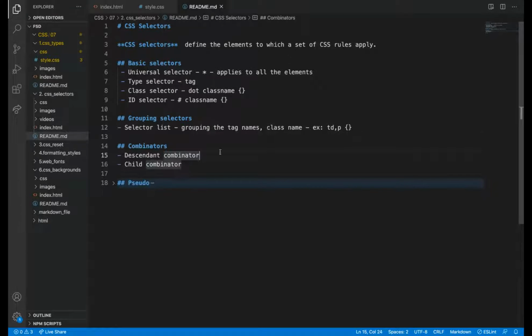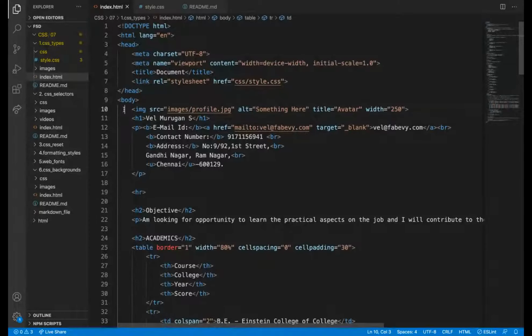Descendant, actually what is that? Child, not child. Child is only child. Descendant is all the elements inside. From the example, these are all the descendants to the body tag.